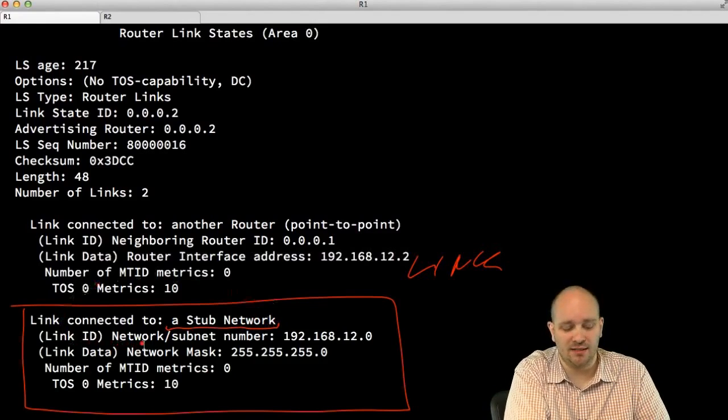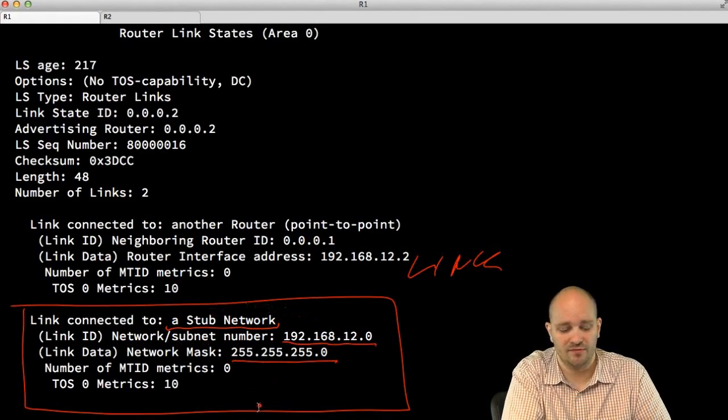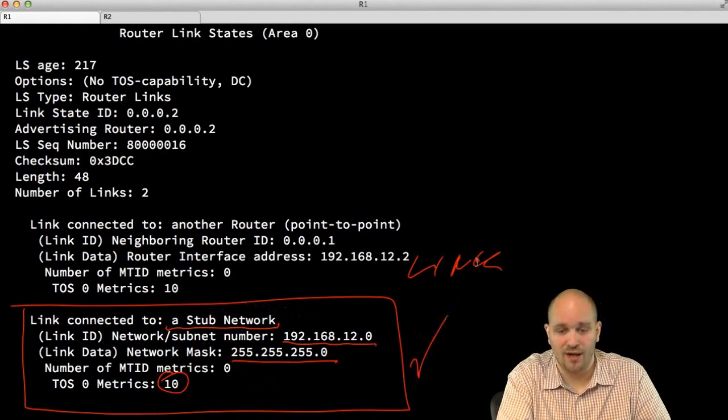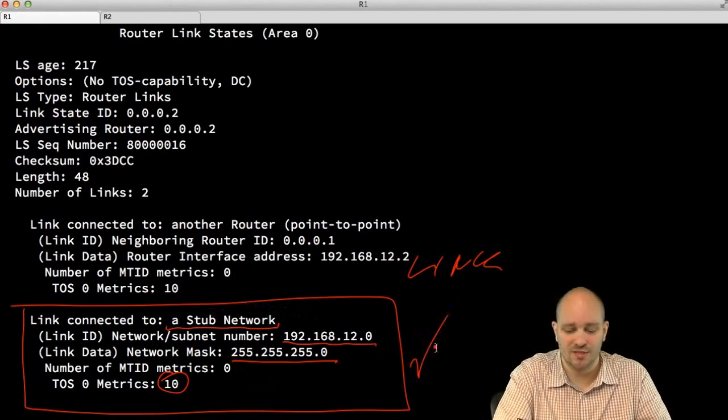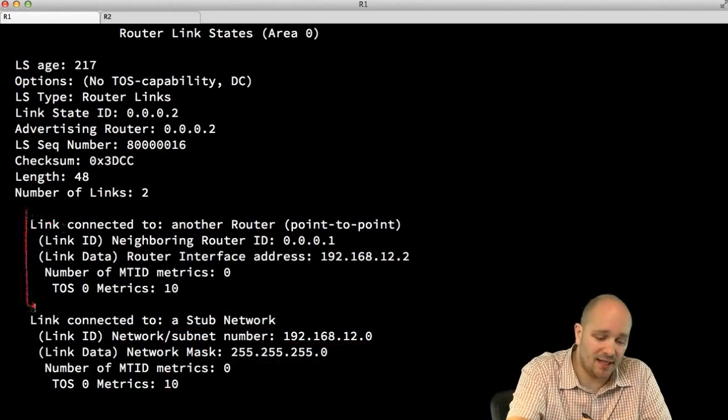And we can see here that the network is 192.168.12.0 and that the network mask is 255.255.255.0, and we can see that the metric is 10. All correct information, what we expected to see. Now, this link entry here